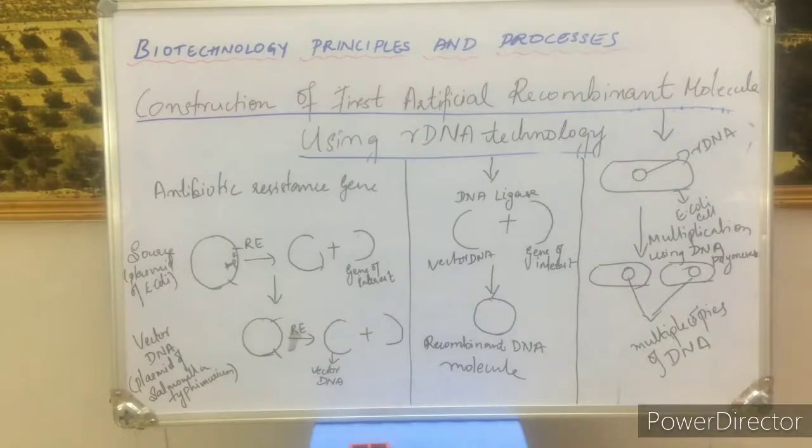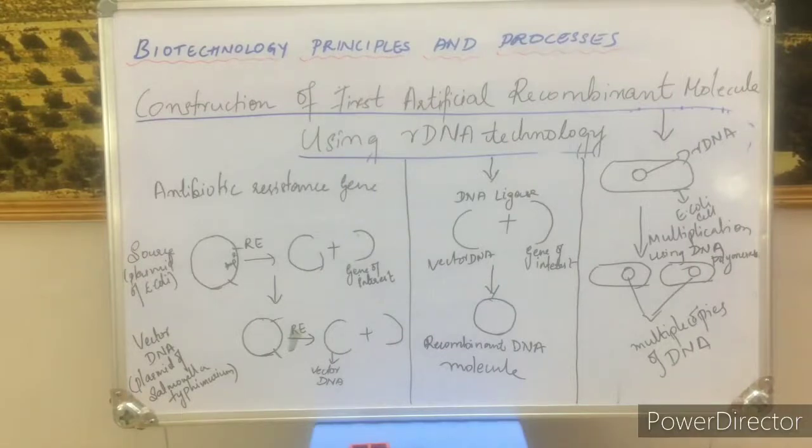The plasmid DNA of Salmonella typhimurium acts as a vector to transfer the piece of DNA attached to it, that is the gene of interest, to the host organism, that is E. coli. After the action of the DNA ligase, a new combination of DNA is produced in vitro, that is, not within an organism. What would take place within the organism, the scientists have developed outside the organism, in the lab, which is capable of self-replicating, known as recombinant DNA.